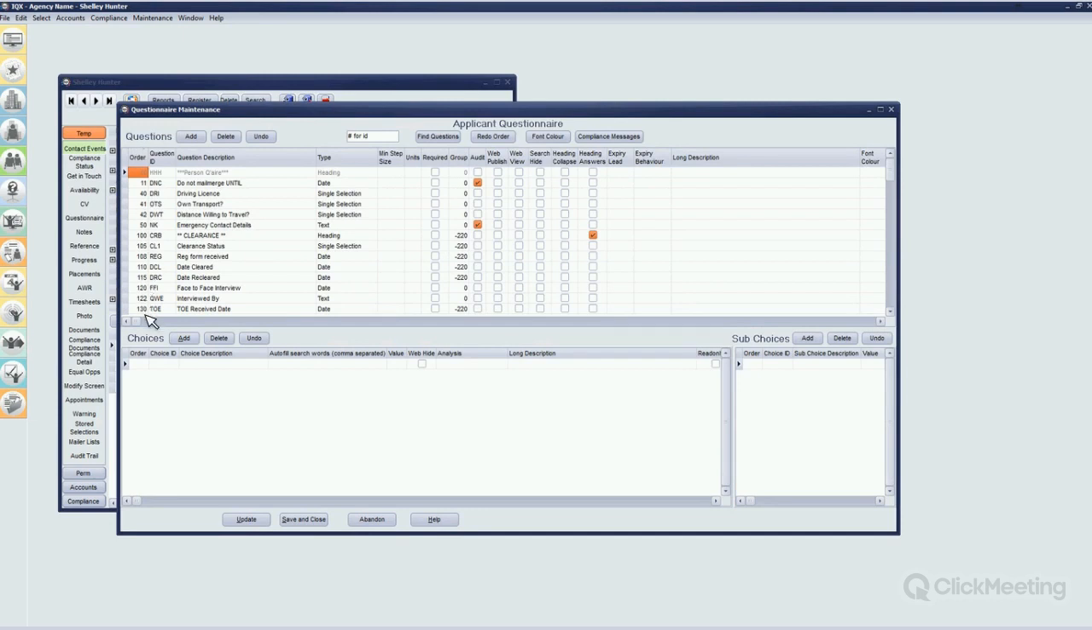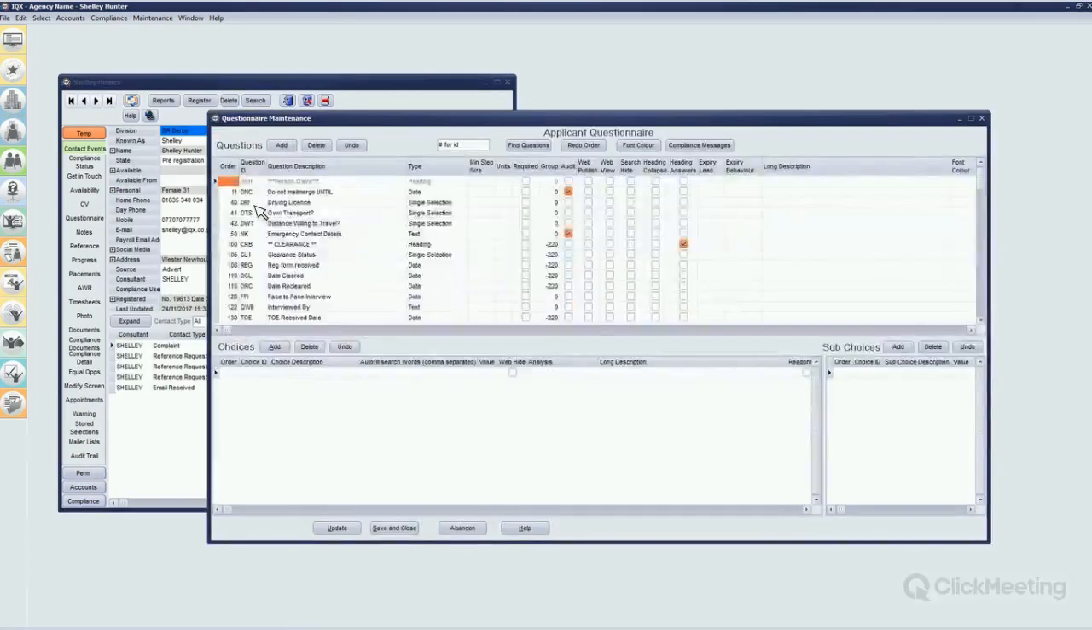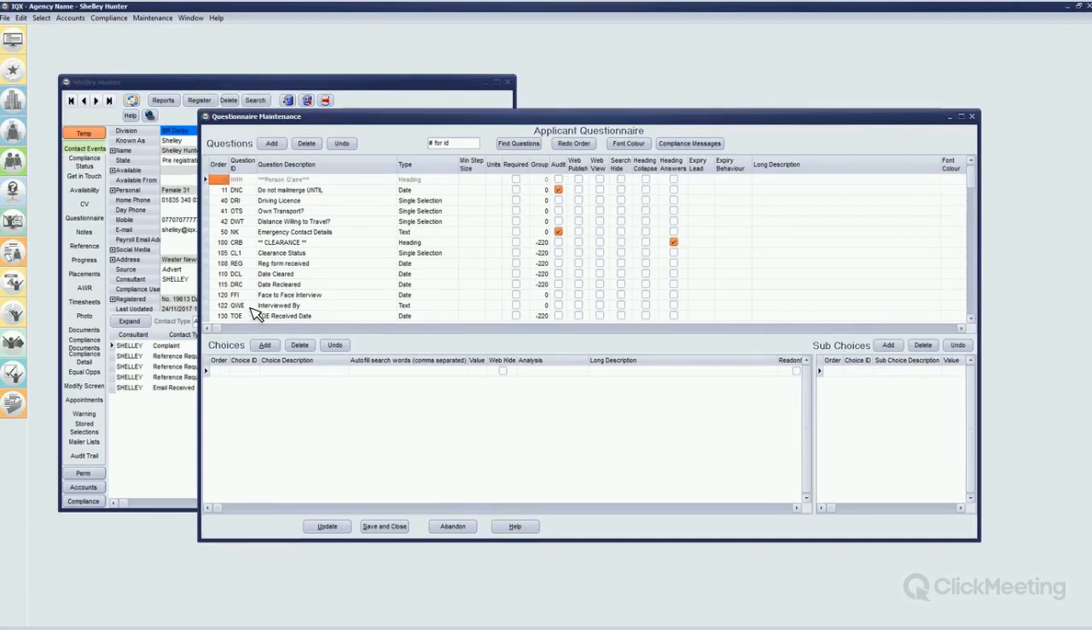So the sort order, first of all, is the order they appear on the candidate's record. You can rearrange this sort order and rearrange the questions into a suitable order for you. The following one is question ID, and this is a maximum of 3 characters and must be unique for the question. If you try and add a question and the ID's already been used, you'll get a message advising you that